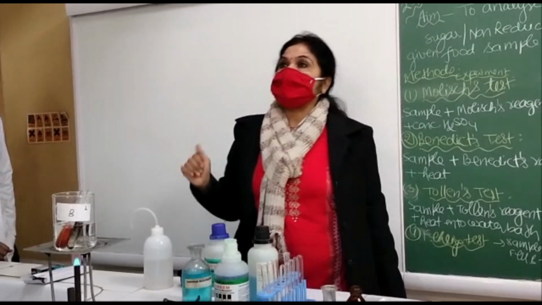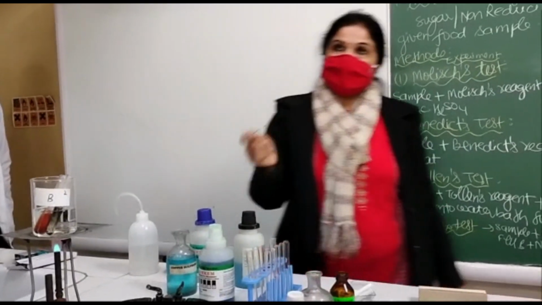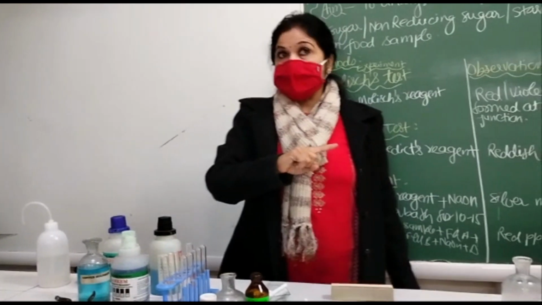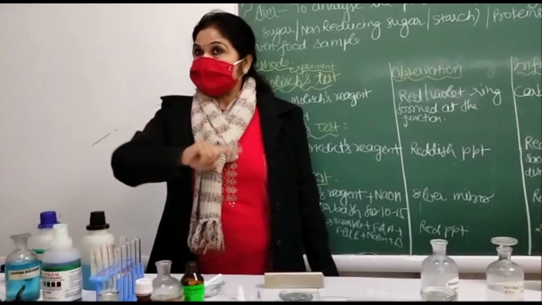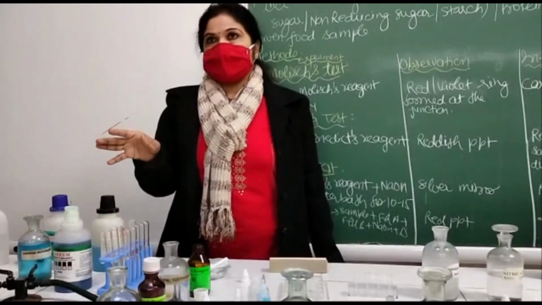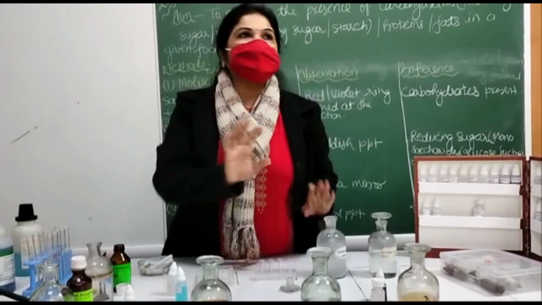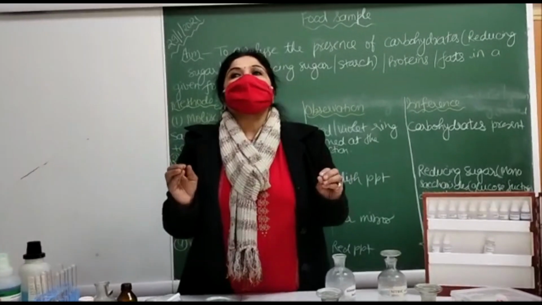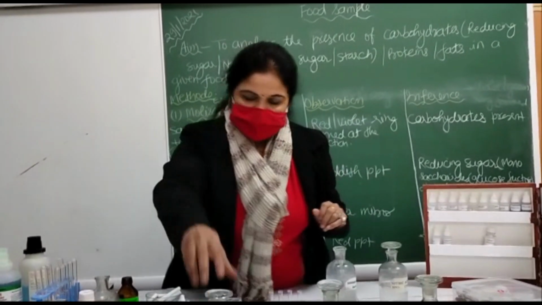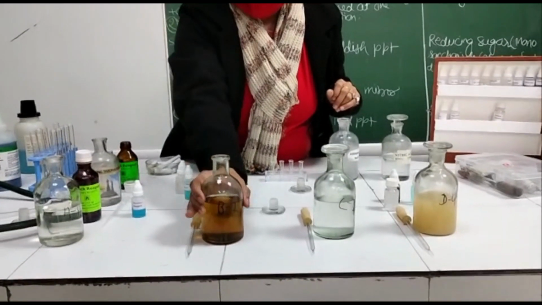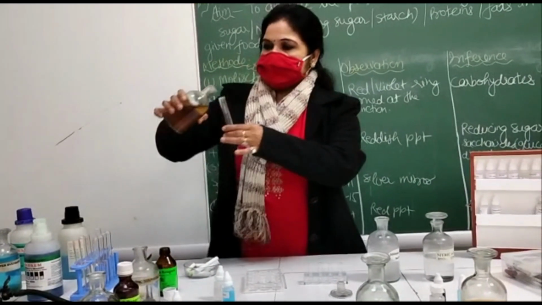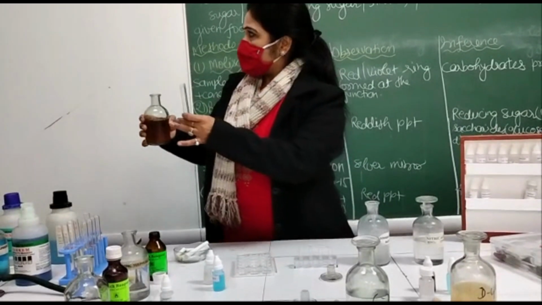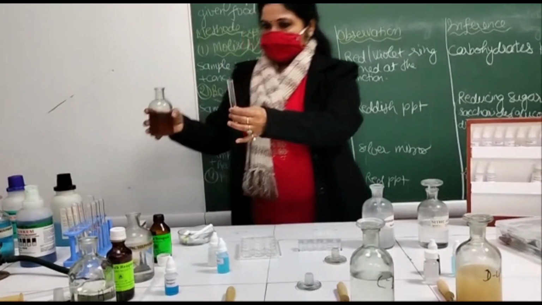That means that will be what? Non-reducing sugar. And non-reducing sugar may be sucrose or maybe starch. Means maybe the disaccharide sucrose or polysaccharides. Polysaccharides means starch. Example, sample B. Again we are not aware which food sample it is. Okay, so go for a systematic analysis. What is the first test? Tell me. Molisch. Can you do it? Yes, come and do it.